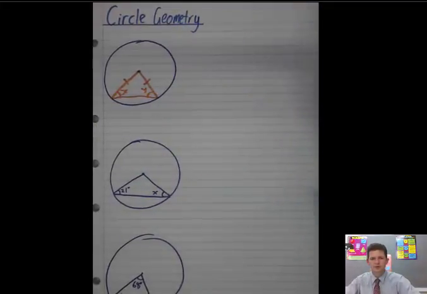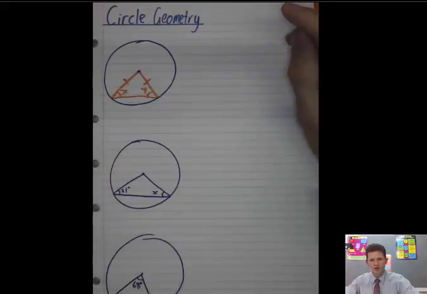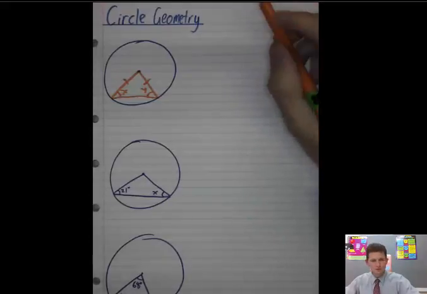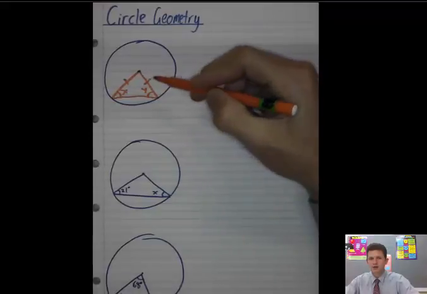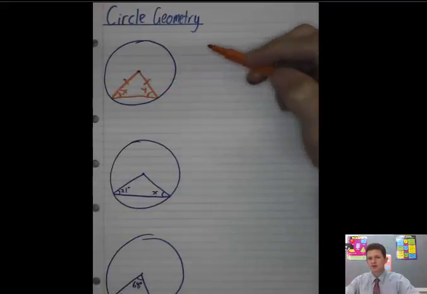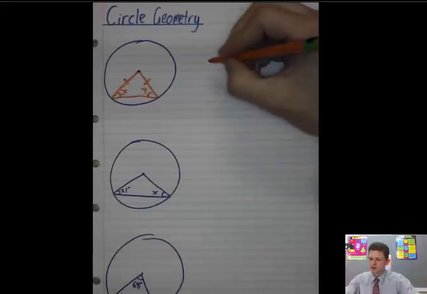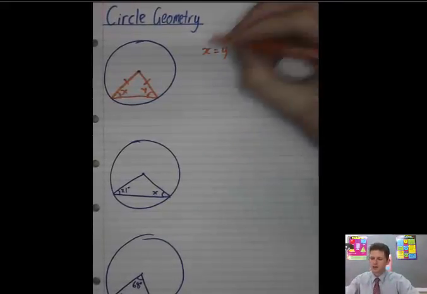If we look at those two angles, we would say that angle X is the same as angle Y because base angles of an isosceles triangle are equal. Okay, so we're kind of explaining that in three ways. We're saying, first of all, it's an isosceles triangle because we've got these two equal radii, and then because it's an isosceles triangle, angle X is the same as angle Y. So what we would say is X equals Y, and our reason